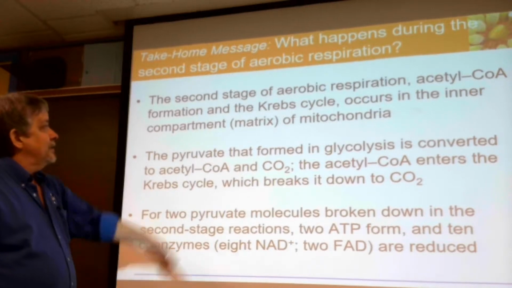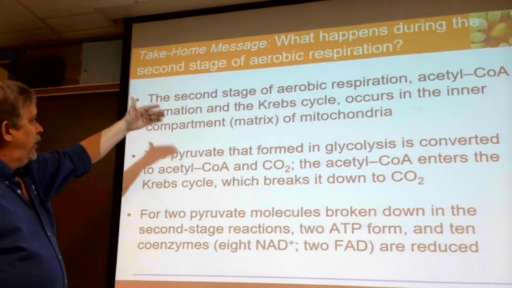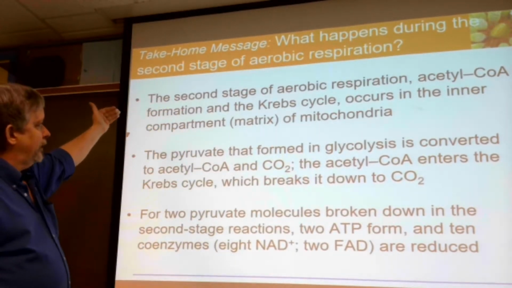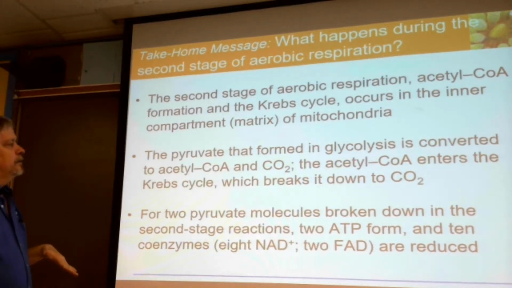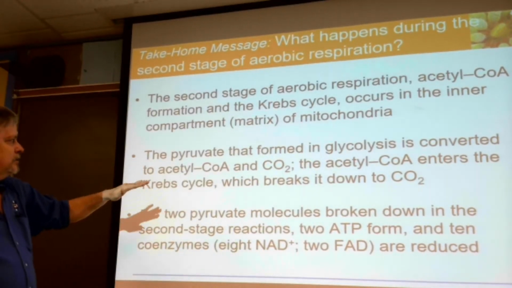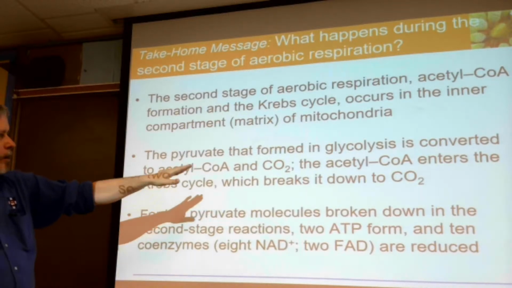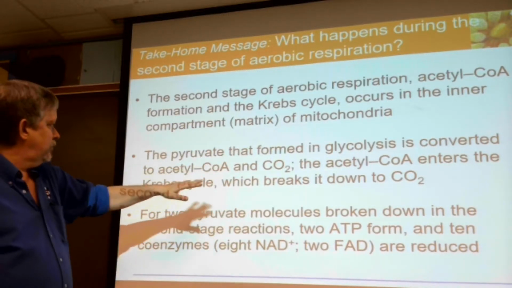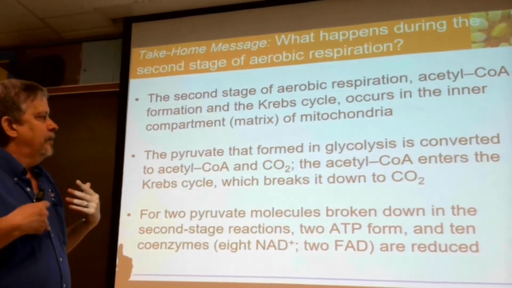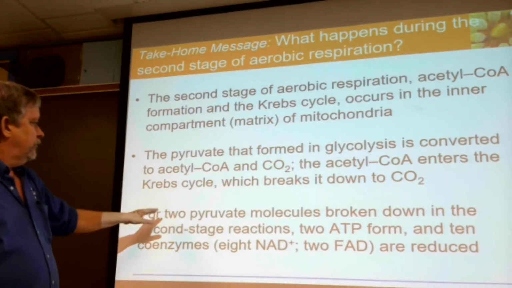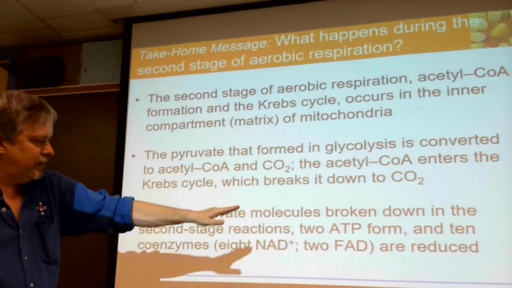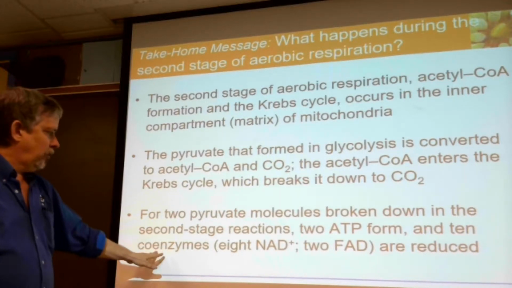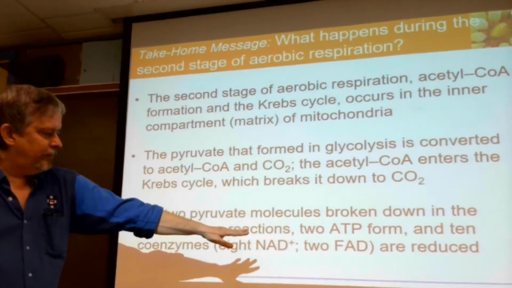All right, so the second stage of aerobic respiration, acetyl-CoA formation and the Krebs cycle, occurs in the inner compartments of the mitochondria. So we move into the mitochondria. The pyruvate formed in glycolysis is converted to acetyl-CoA and carbon dioxide. Acetyl-CoA enters the Krebs cycle, which breaks it down to carbon dioxide. For 2 pyruvate molecules broken down in the second stage reactions, 2 ATP form,